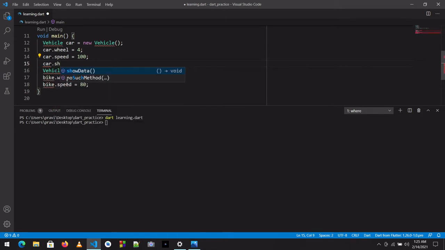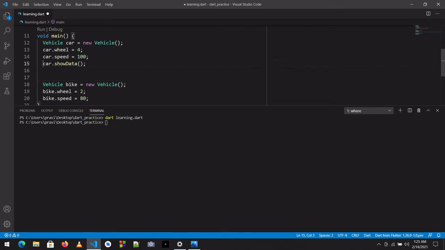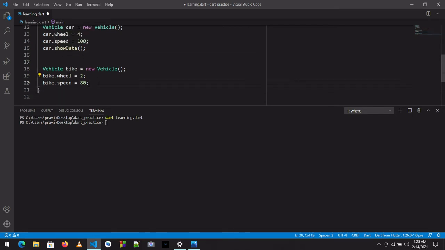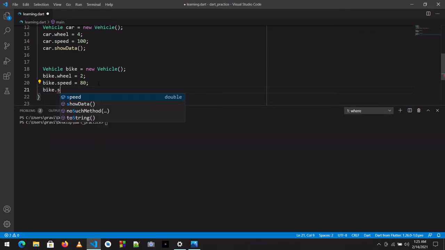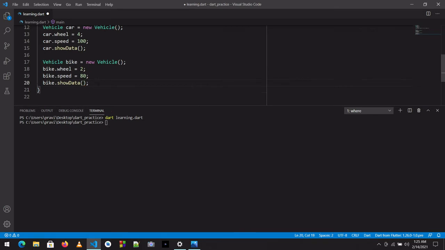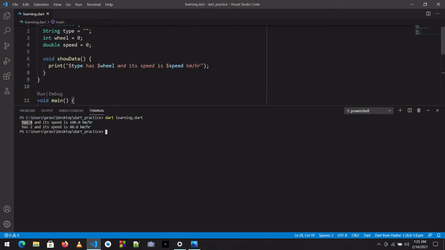We have the function show data, so we access it by writing the object name, dot operator, and function name. Again for bike we can do the same, bike dot show data. Yeah, so we can now get the data from the class and print. So yeah, we got has four wheels, and okay, I just forgot to write the wheels here.